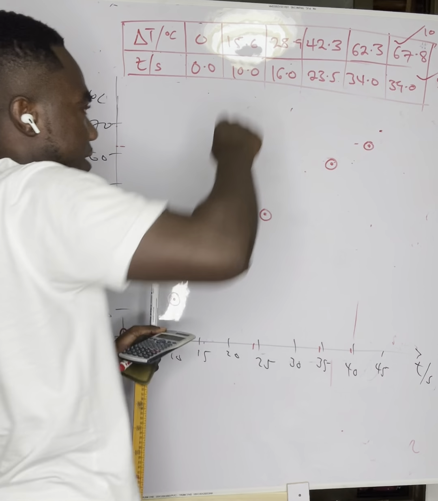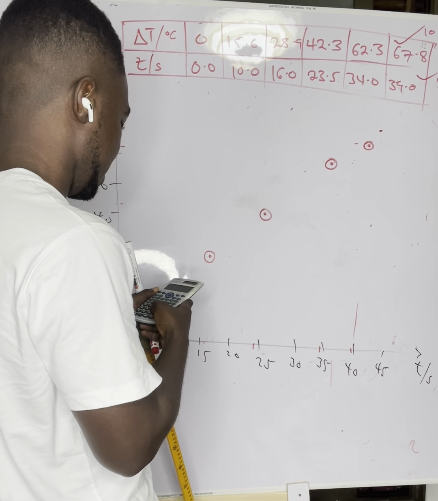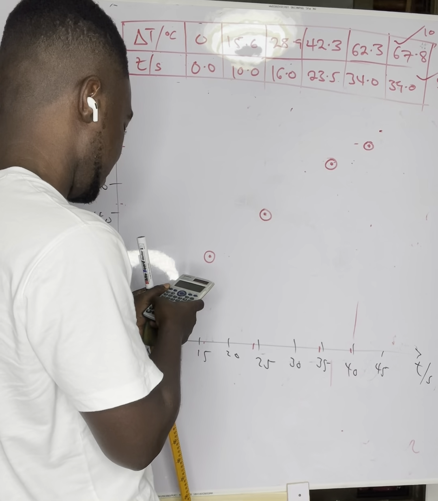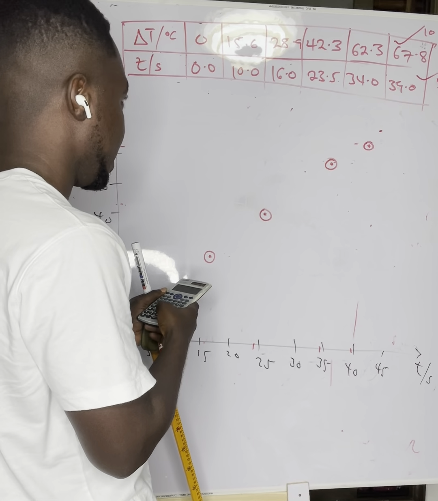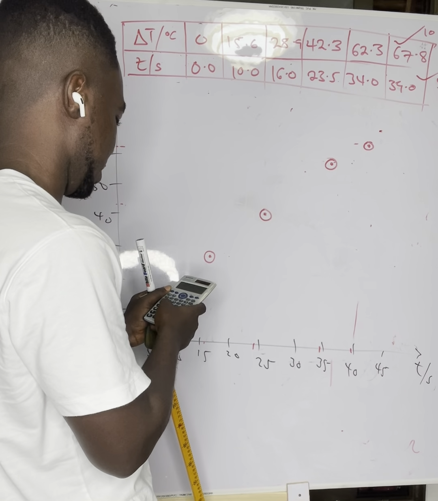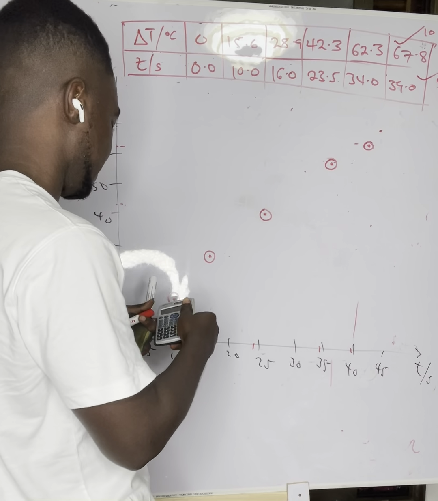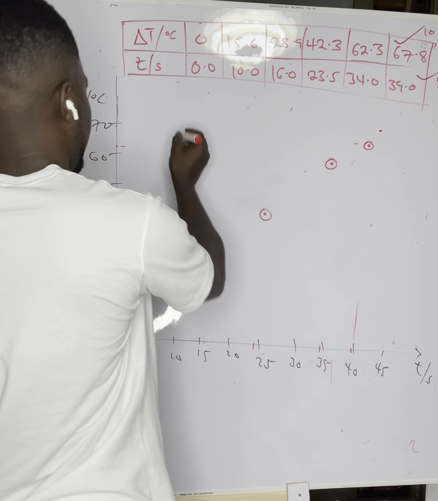Then divide by 6. So let's start. You have 0 plus 15.6 plus 28.9 plus 42.3 plus 62.3 plus 67.8 divided by 6 will give us 36.15. So your centroid, the y value is 36.15